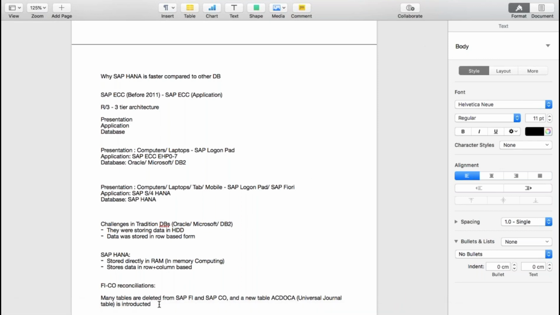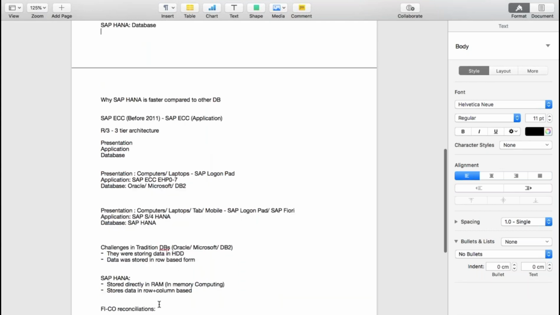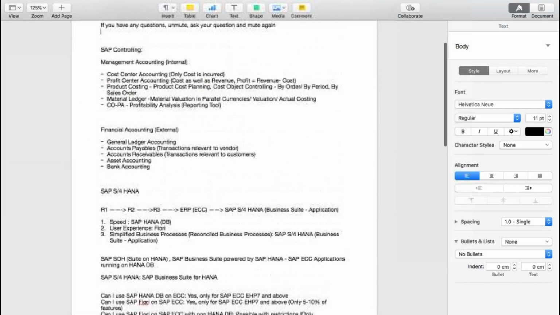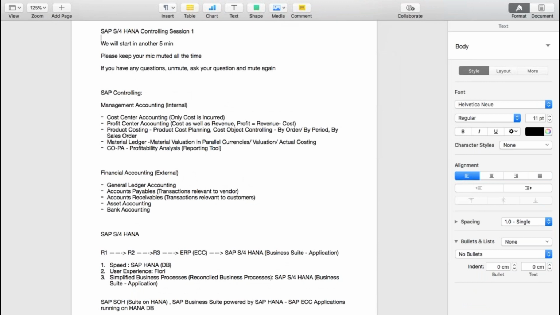If not, maybe we can stop here today, because in the first session we already talked a lot. There are a lot of new things which you might have heard. So I will send you this document, and please go through it. If you have any questions tomorrow, we will utilize the initial 5 minutes for any doubts related to this topic, and then I'll directly show you the system and what we are going to discuss in detail.